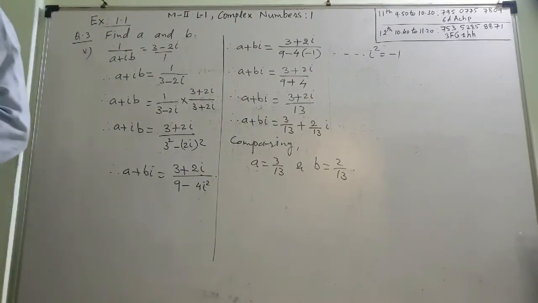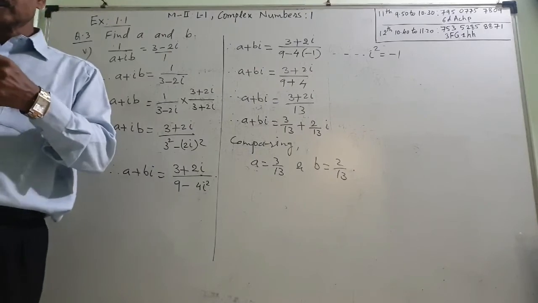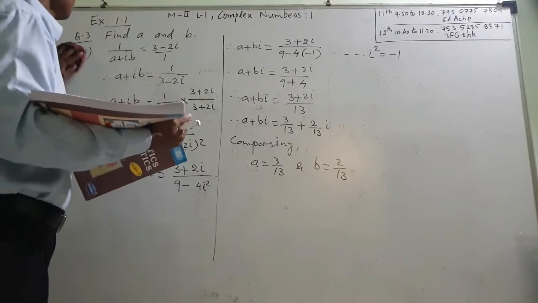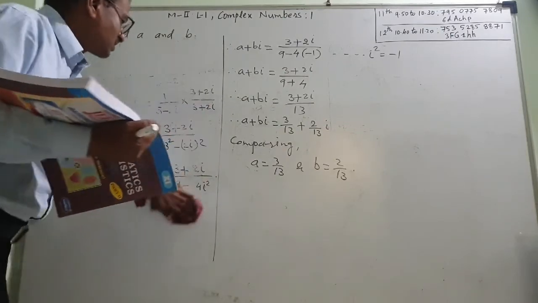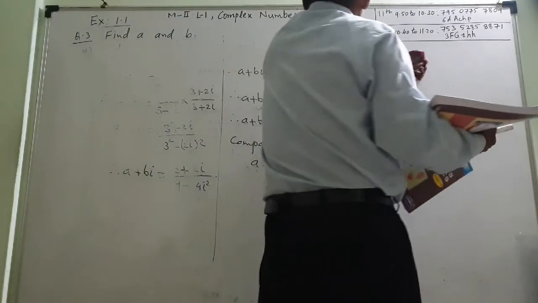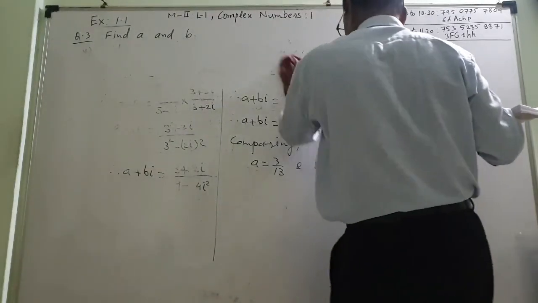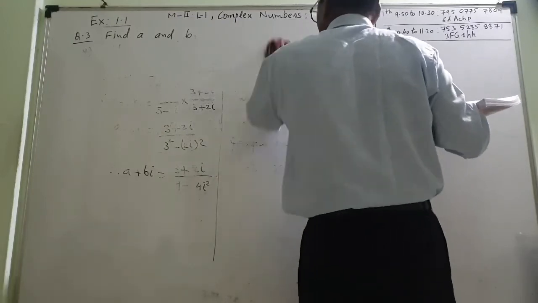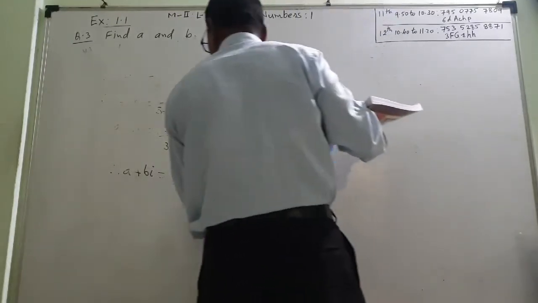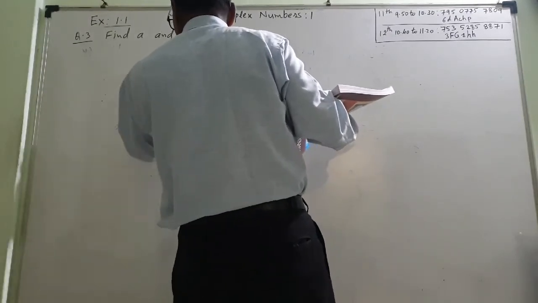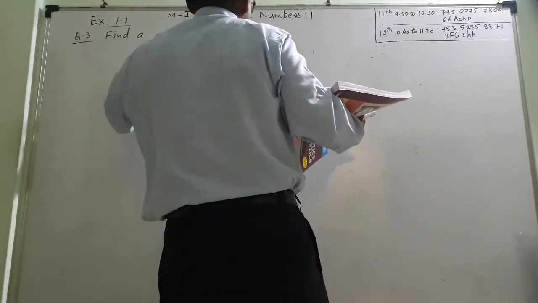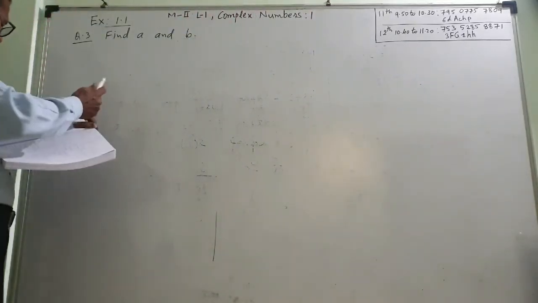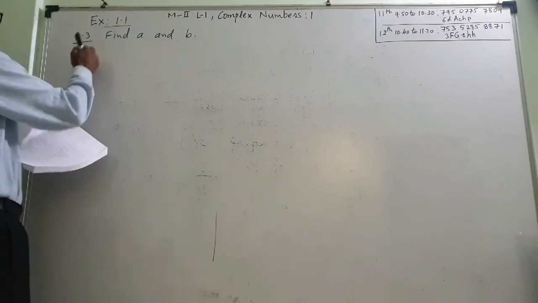This question was also a very important question. The sixth one also I will solve. Why am I solving all these questions? Because these questions are generally asked in the colleges for the unit test, first term, final also. Find the value of a and b. This is a compulsory question in the examination. Sixth question.